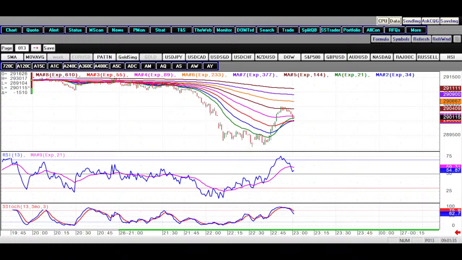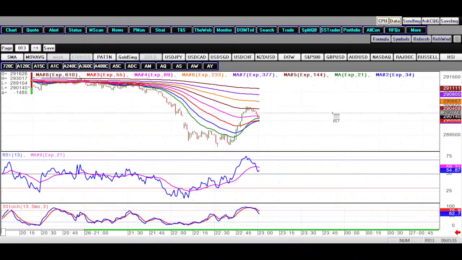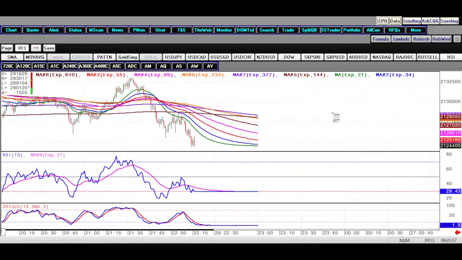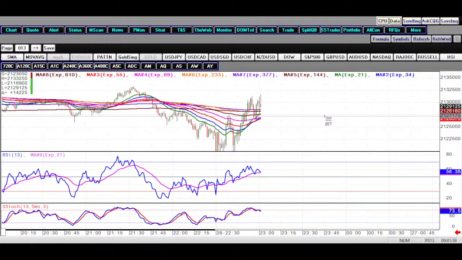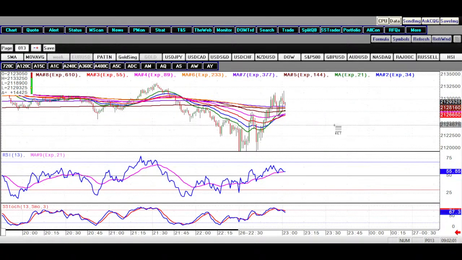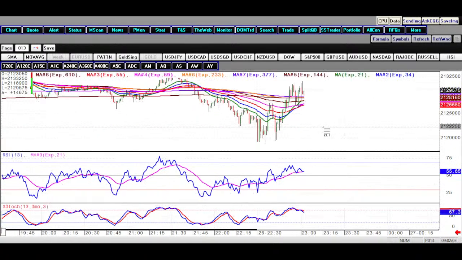Don't think we will get this trade filled. Okay, we should have entered at market. Okay, we missed it. Okay, now the DAX,